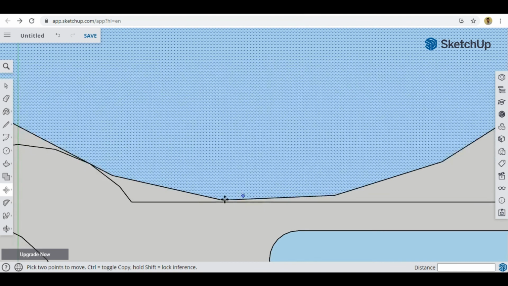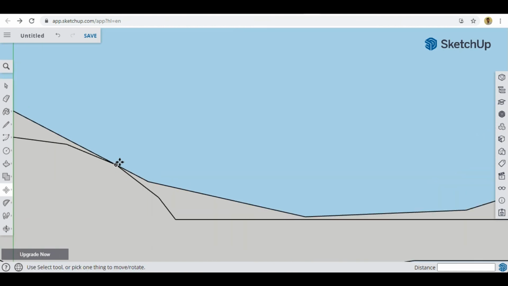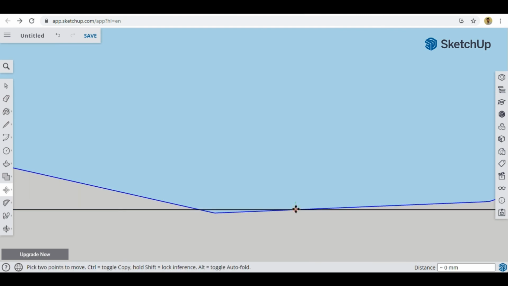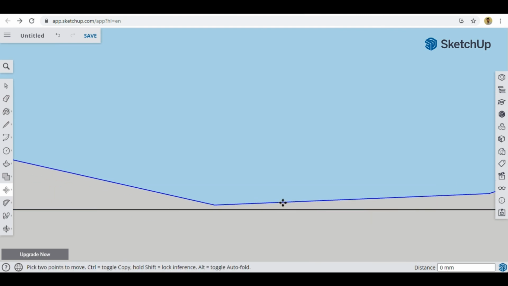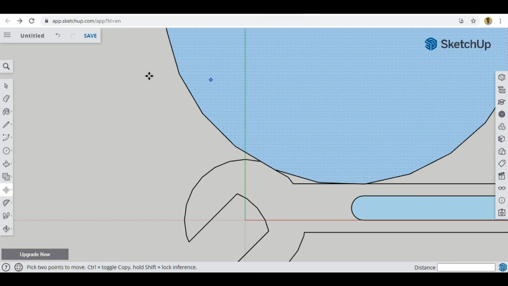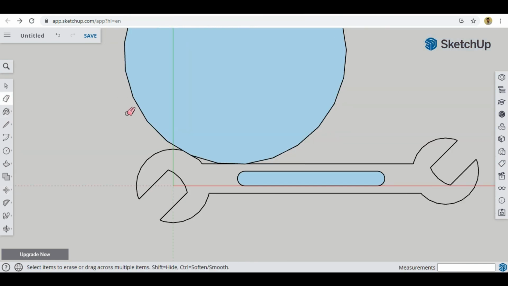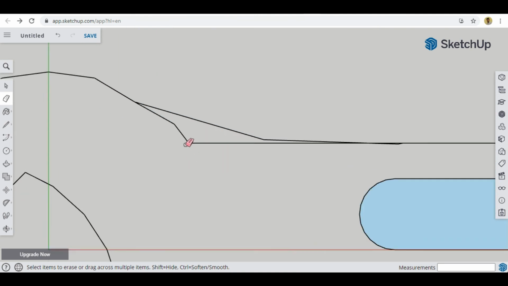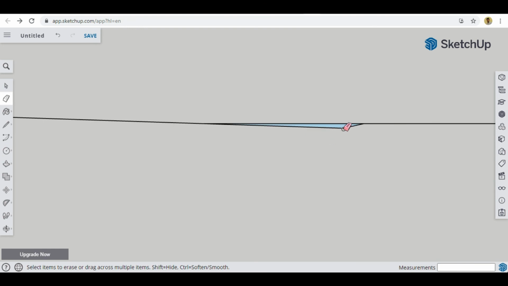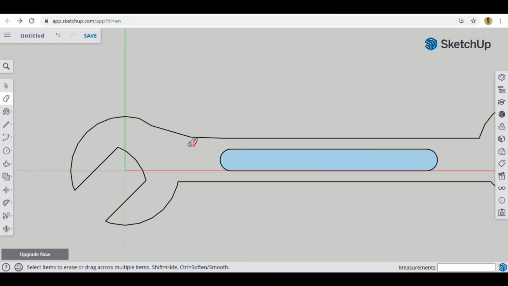You can see it's not connected over here, it's connected over here only. So I have to connect it here again. This type of problem occurs, so that is why it is very difficult to create this type of stuff in SketchUp Online.